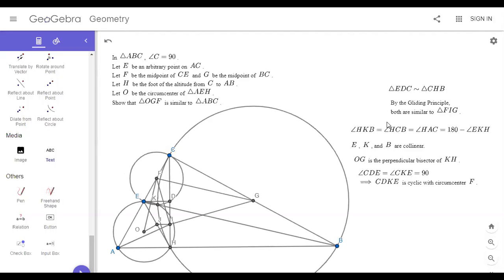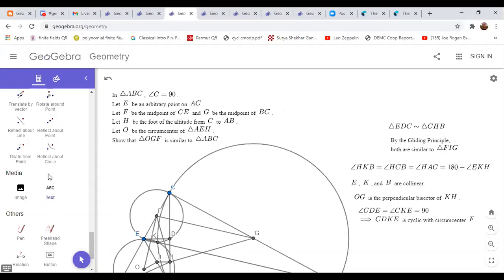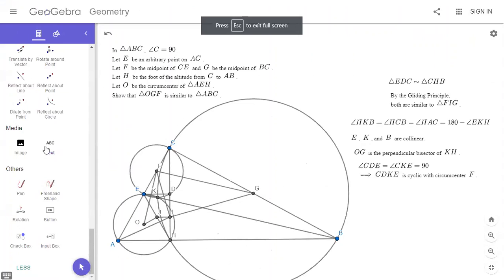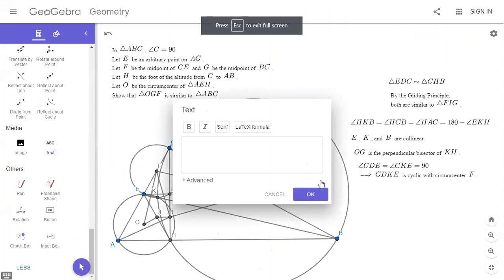Is that obvious? Yeah. Basically, I want to show angle DKH is 90 degrees. But that's true. Okay. Yeah, I think we're there. Yeah, we have enough information to finish it. So, okay. So,